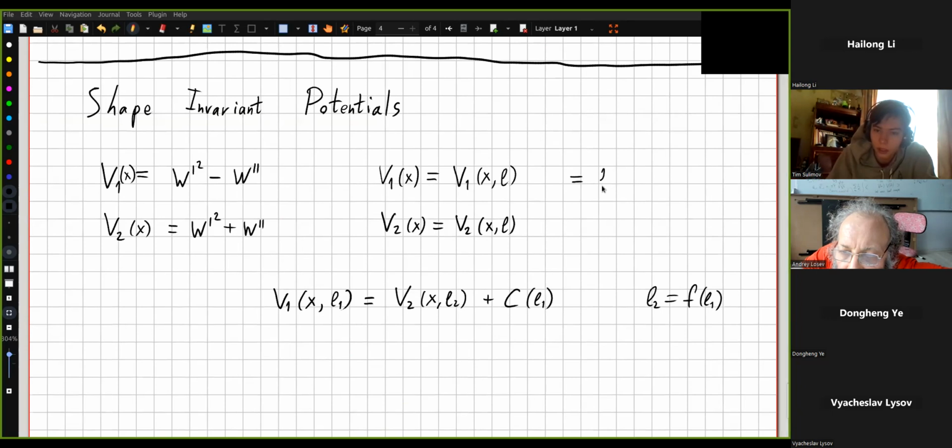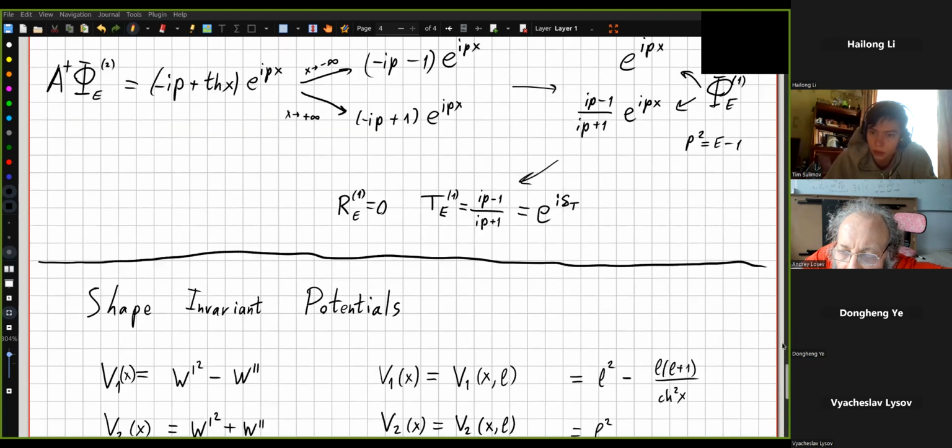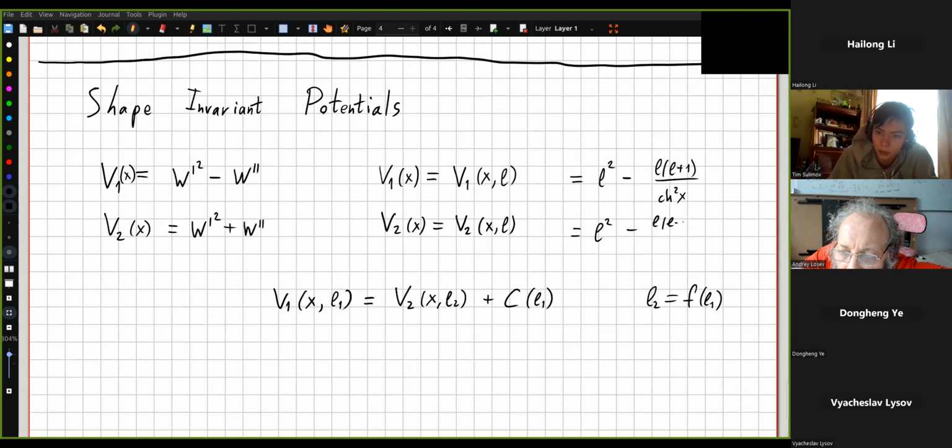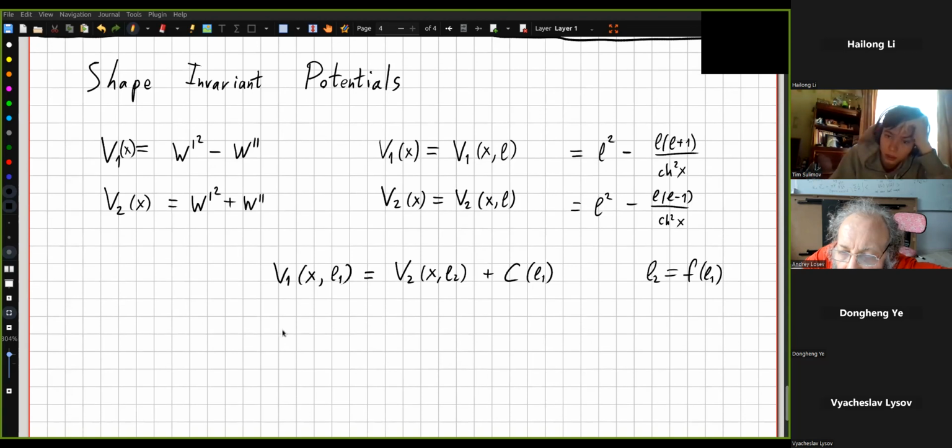It turned out to be L squared minus L times L plus 1 over cosine squared of x. And V2 turned out to be L squared. Notice the constant is the same. Minus L times L minus 1 over cosine squared. And here this relation is upheld. Let's put it in some kind of blue, just to mark that it's a particular case of